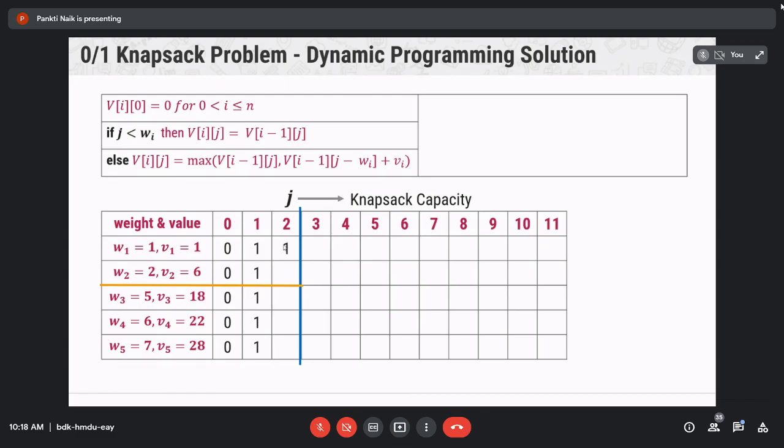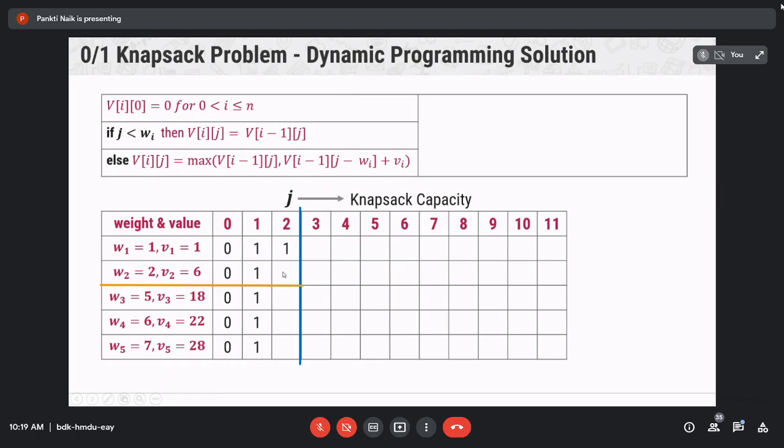So J is equal to 2 and W2 is equal to 2. J is greater or equal to W2, so we again use this equation to put the value into this cell.